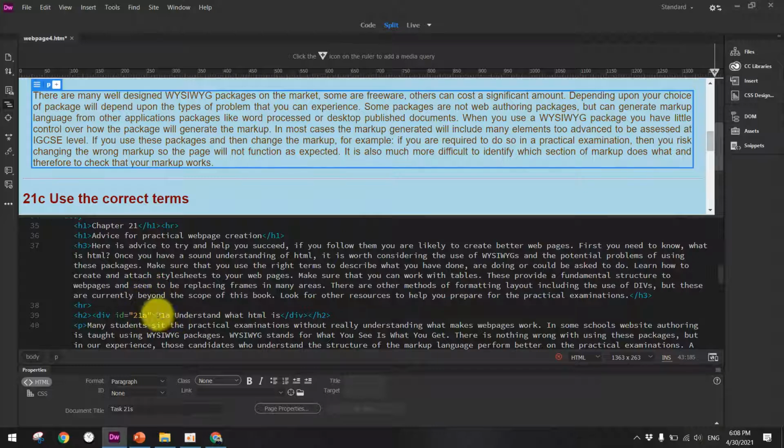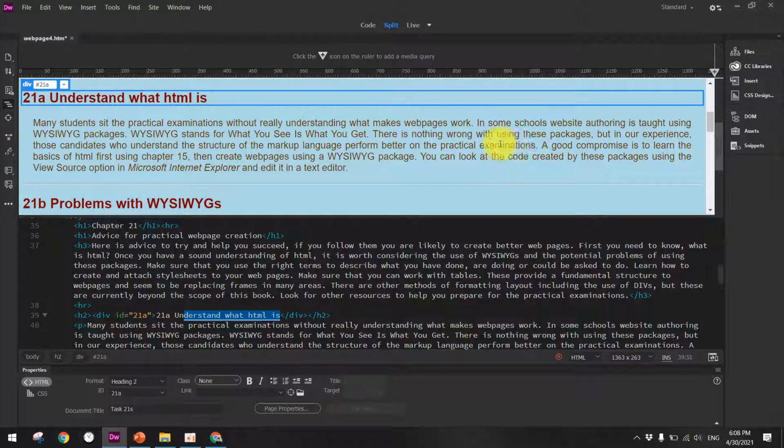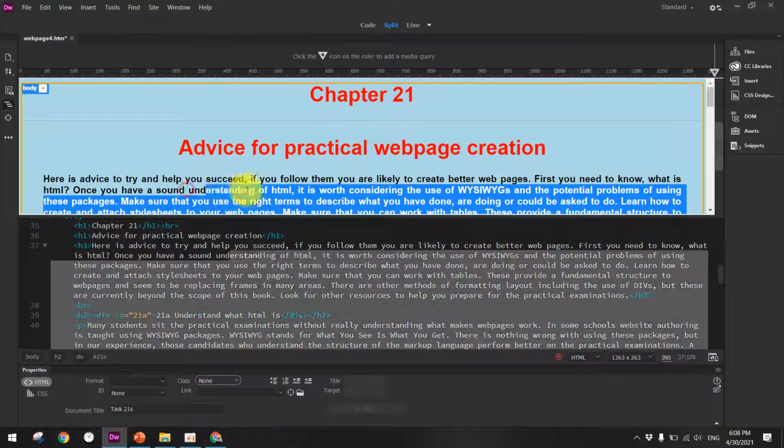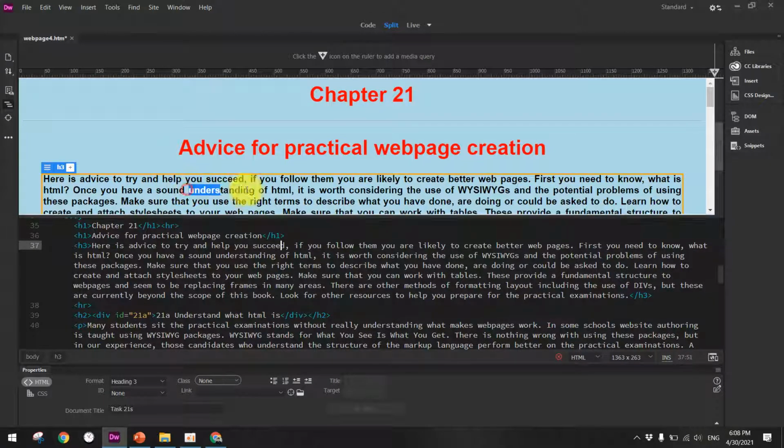For the first one, understand what HTML is. So when I go to here, understand what HTML is here. So create link: select the text, and go to the properties window, link. And 21a, is it enough? No, you need to put the hashtag